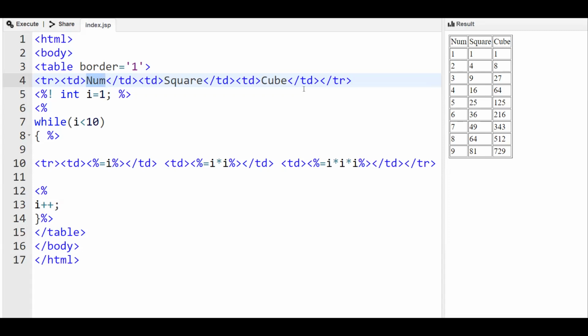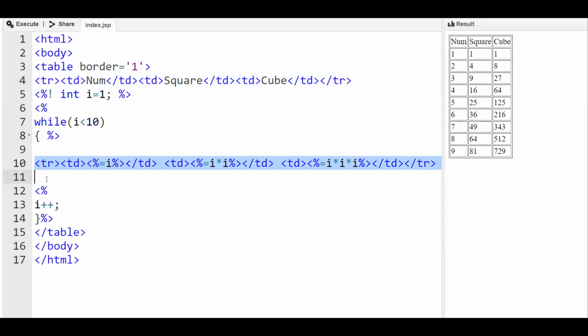In our web programming, if you had learned PHP, or that is part of your syllabus, the same thing you will be doing in PHP. In PHP, you can write it as a separate file, and there you can construct tags similar to this one.